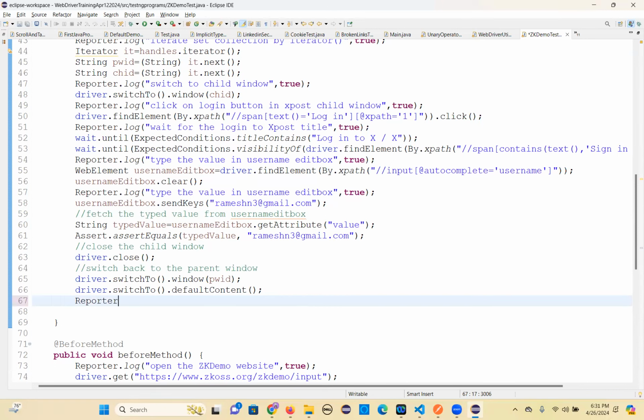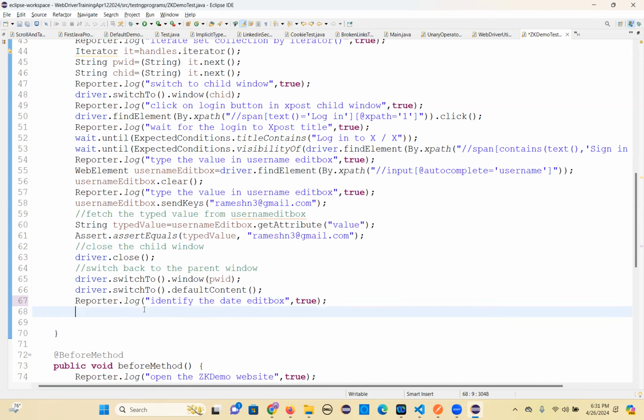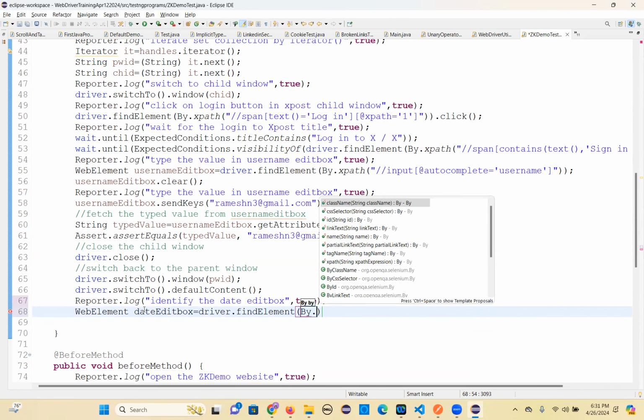So reporter dot log, identify the date edit box. Web element. So date edit box equal to driver dot find element by dot